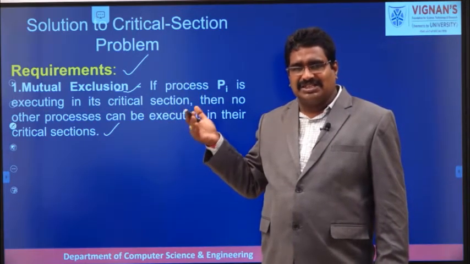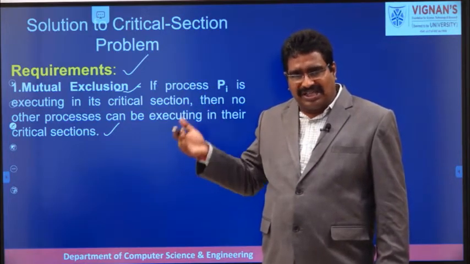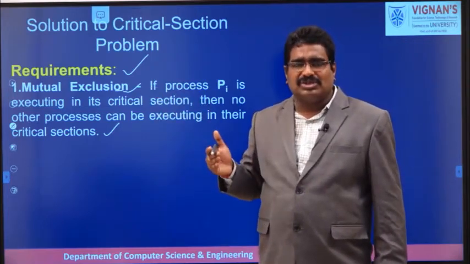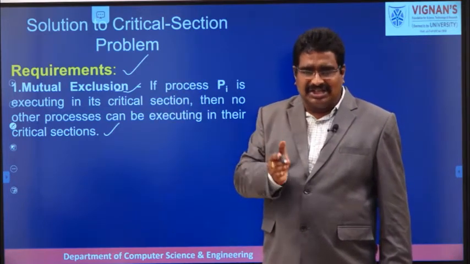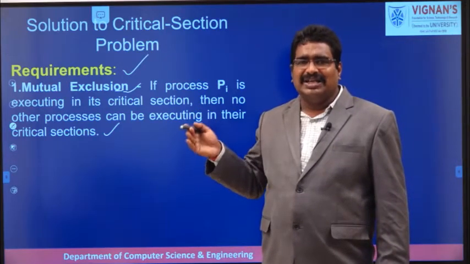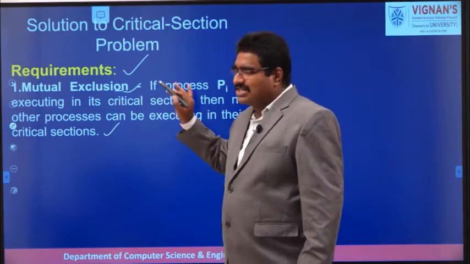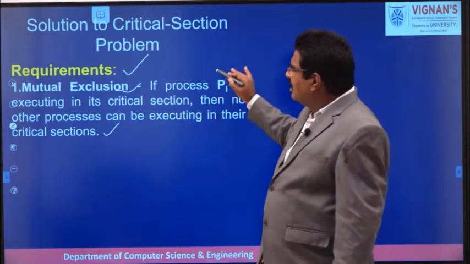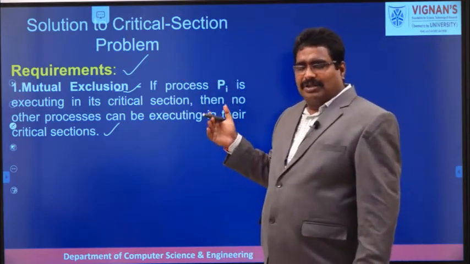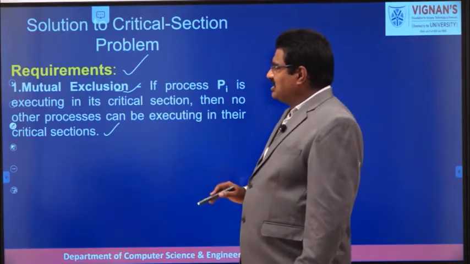Data inconsistency problems arise when more than one process modifies the shared data at a time. But if the algorithm satisfies mutual exclusion, it indicates that at any instant of time only one process is allowed to enter its critical section. So if any algorithm satisfies mutual exclusion, the critical section problem can be eliminated, and it automatically provides consistent results.